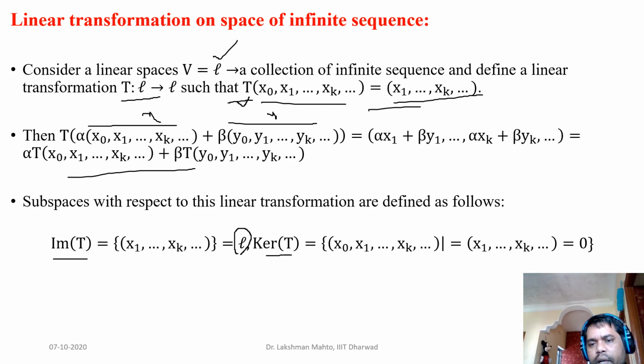How? Because it is the collection of all sequences which map to zero. If you apply the definition of the kernel, you will see that every coordinate is zero except x naught. x naught is not zero. So the kernel of this transformation is just a linear combination of the sequence having first entry 1 and the rest of the entries 0. Such a sequence is only one unique sequence. So the kernel is a one dimensional subspace, while the image is an infinite dimensional subspace.